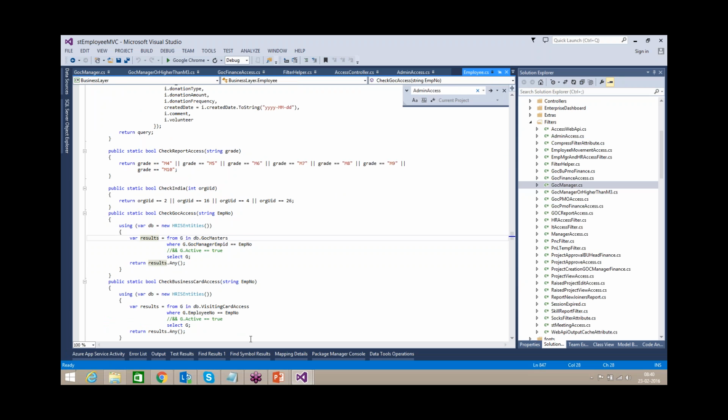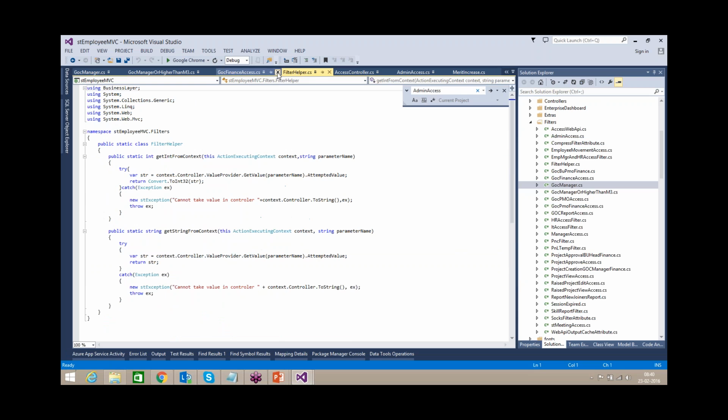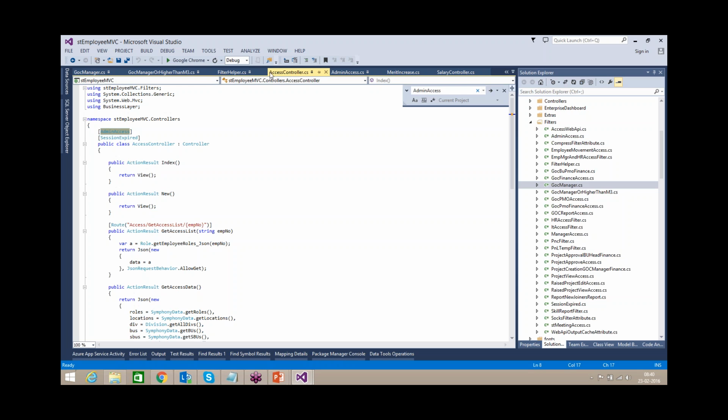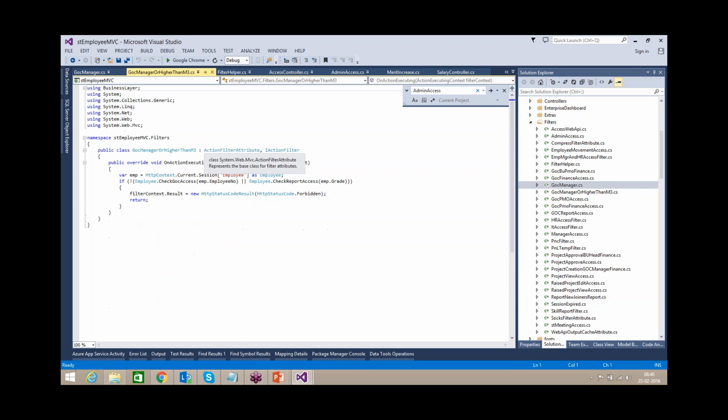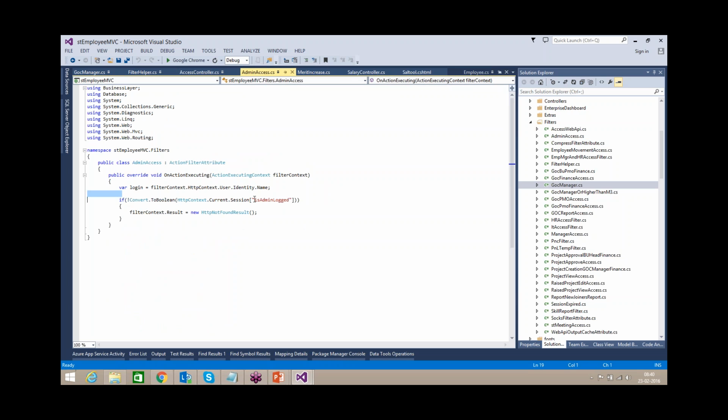So his role you can check here, or even finance. And this one, if you see, is admin logged in? So who logged in? Is admin logged in means there may be multiple admins, but how we are checking this? Based on their role.